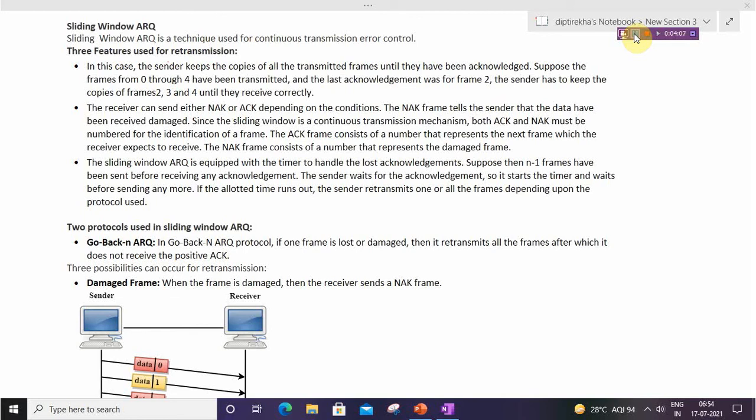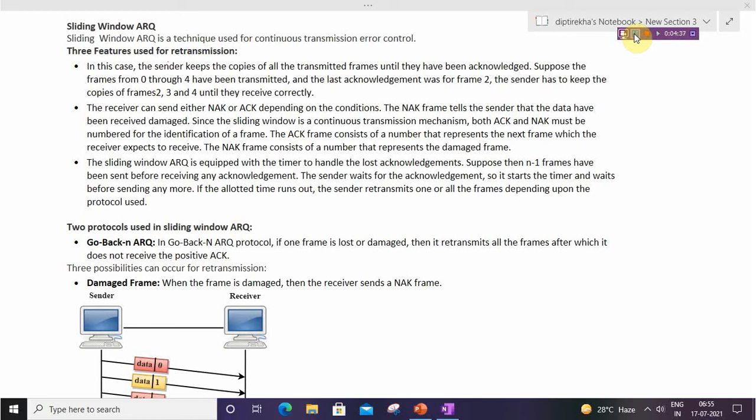The ACK frame consists of a number that represents the next frame which the receiver expects to receive. Means if the receiver gets frame 3, it will send ACK 4. Means up to 3 it received correctly and is expecting frame number 4.